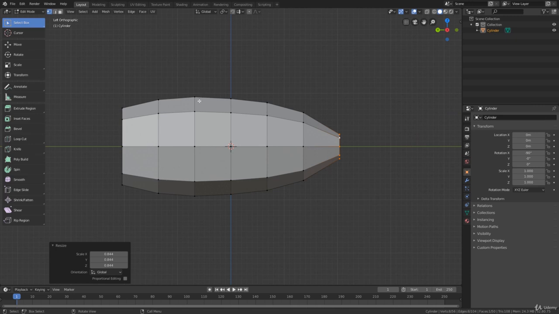Now I'm going to start to work on the cabin of the airplane. So this is going to be a round structure in the upper part of this cylinder. And I want the cabin of the airplane to be in the middle of the structure. So to do this, I'm going to select these central edges. So I'm going to select this loop here, and this one, and this one. And I'm going to move them a bit forward so that the cabin is created more to the front of the airplane. So they are going to be created from these polygons here,